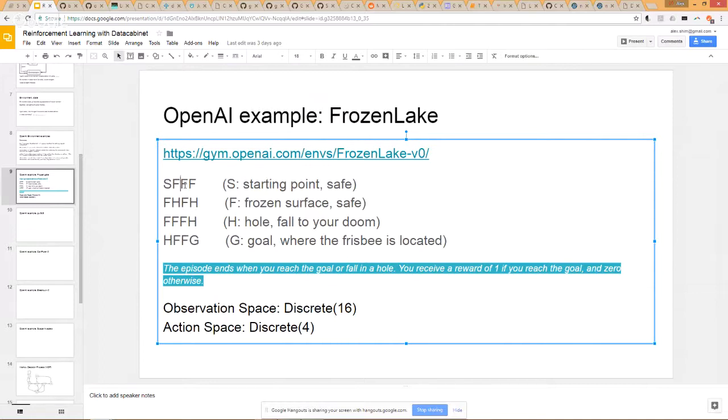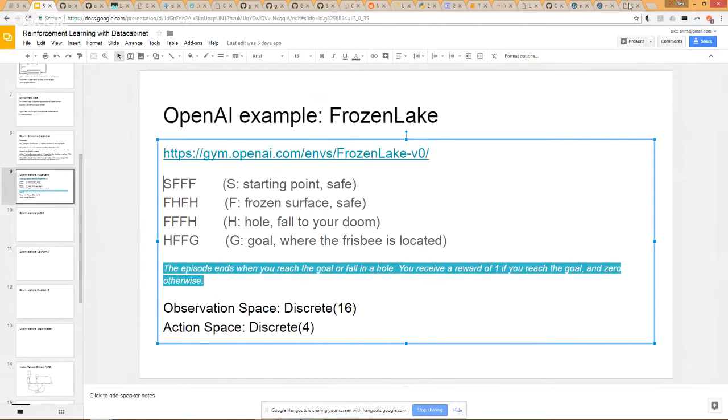And the question is, well, it's sort of a maze where there's certain places where you go where you just die. And so for FrozenLake, you are trying to reach your goal, and so the observation space, it's simply this 4x4 grid. So it's a discrete space of size 16, and the actions are you can move left, right, up, or down. And if you move left, so